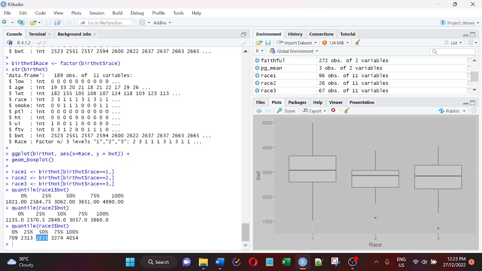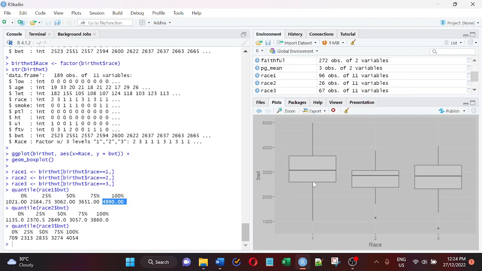At the 0 quantile, the lowest birth weight for race 1 is just over 1 kilo, which is very low compared to the maximum. Oh, this baby is so big, it's almost 5 kilo. So the variation shows that the data is distributed very far apart, from minimum to maximum. The values for the minimum and maximum are very far from each other. All right,